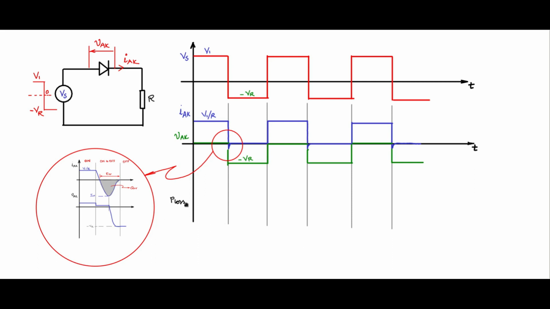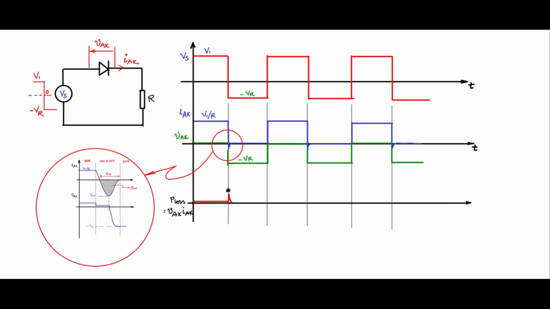So next, let us look at the important parameter here, which is the loss, P loss. So let us have a waveform for the P loss, which is basically nothing but the instantaneous value of VAK into IAK, and we will have one time axis for that. So during the time when a diode is on, there will be some loss, which is basically this current IAK into this VAK, which is a small value, and therefore you will see that this represents the conduction losses.